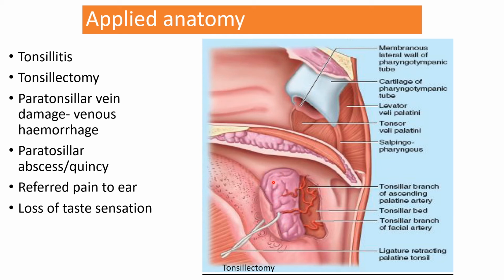Tonsillectomy is the procedure of taking out the tonsil from the tonsillar bed, taking care of all these blood vessels, especially the tonsillar branches of the arteries and the paratonsillar vein present in the lateral aspect of the tonsil. Sometimes this tonsillitis, when it is extensive, can involve the paratonsillar area also. In that case, the condition, the paratonsillitis, is called quinsy. There occurs an abscess in the paratonsillar area called quinsy. Okay. So the tonsillitis can involve the paratonsillar area.